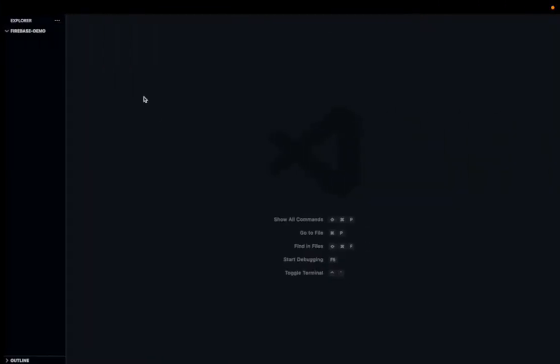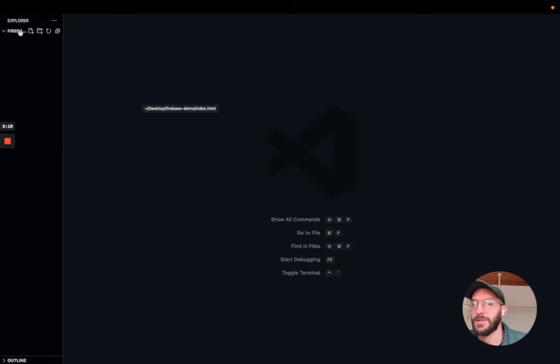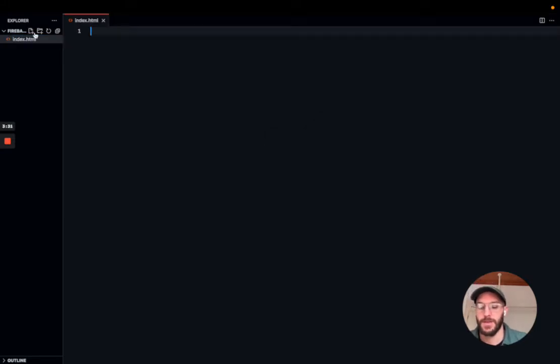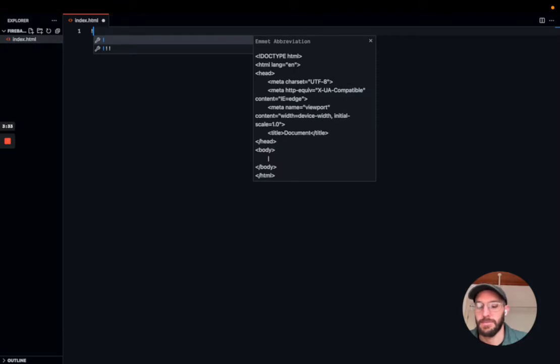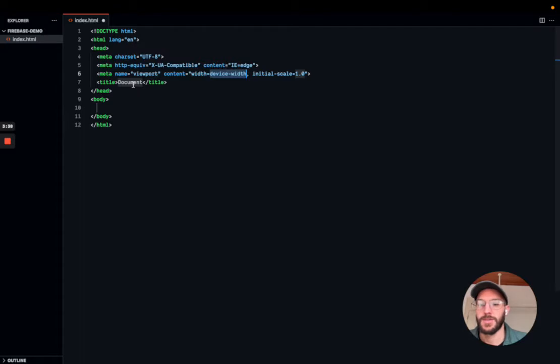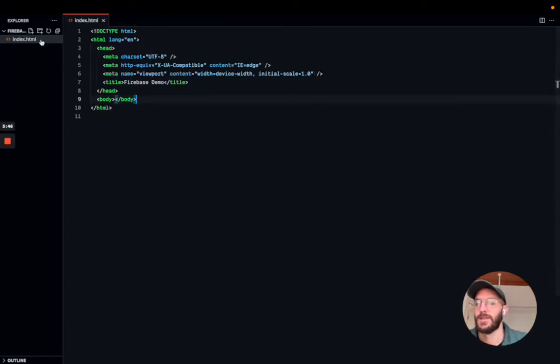But we'll pause here on the Firebase console, and from here we'll set up our JavaScript app in Visual Studio Code. So here's VS Code. I have a folder open called Firebase Demo, which is on my desktop. You can put it anywhere you want. And we'll start off by creating a new index.html file. And to get some boilerplate here, we can type the exclamation mark and press tab. And we'll just rename the document to Firebase Demo, save it. And then we'll create a new file called index.js,